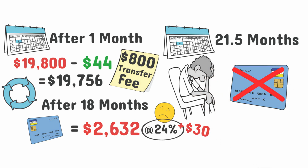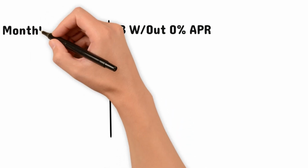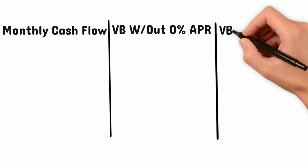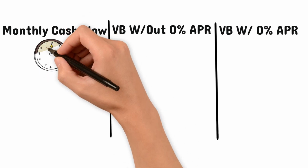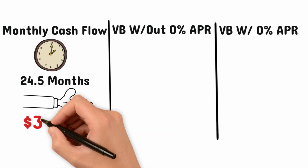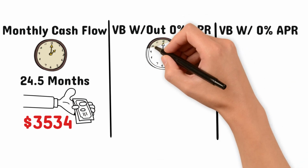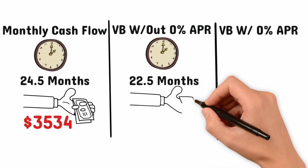Now let's compare these numbers to our two other scenarios, which are if John was just using velocity banking without the cash transfer, and our other scenario, which is if John was using his monthly cash flow of $1,000 to pay down his debt. First, if John had used his monthly cash flow, it would take him around 24 and a half months to pay off his balance, and he would pay around $3,534 in interest payments. With Velocity Banking but no card transfer, it would take John around 22 and a half months, and he would pay around